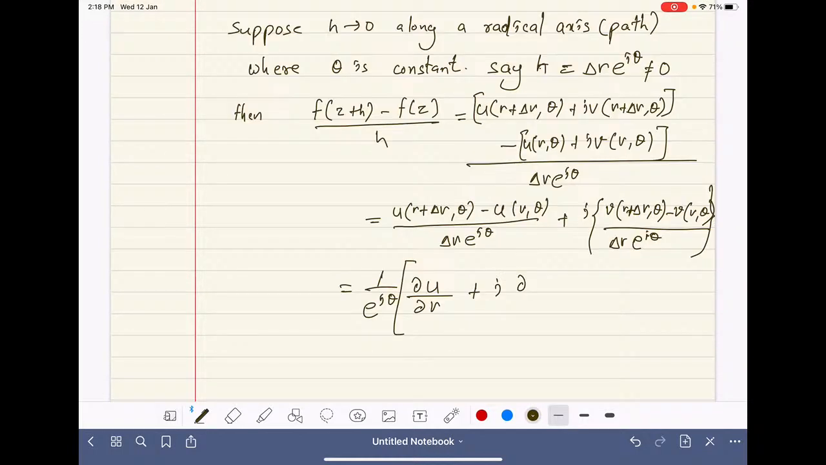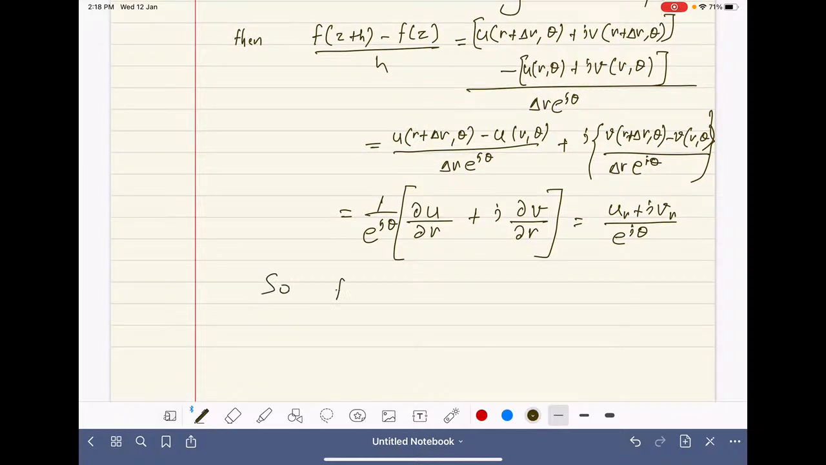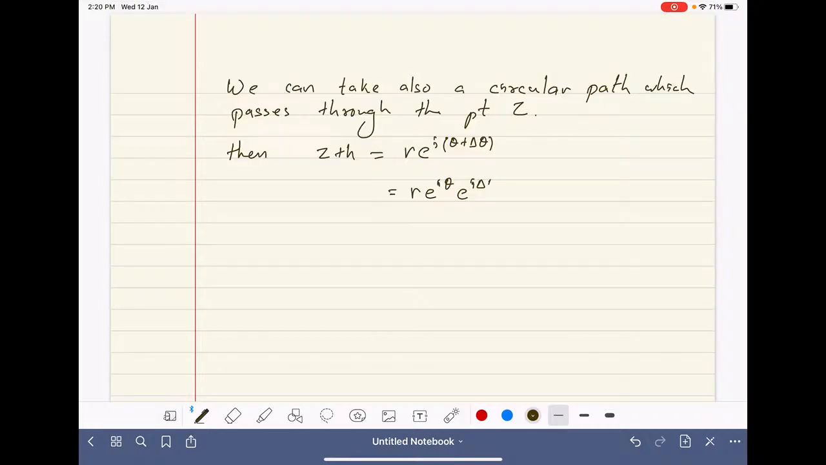So this gives u r plus i v r by e power i theta, where u r and v r are partial derivatives with respect to r. So f dash z, as h tends to 0,